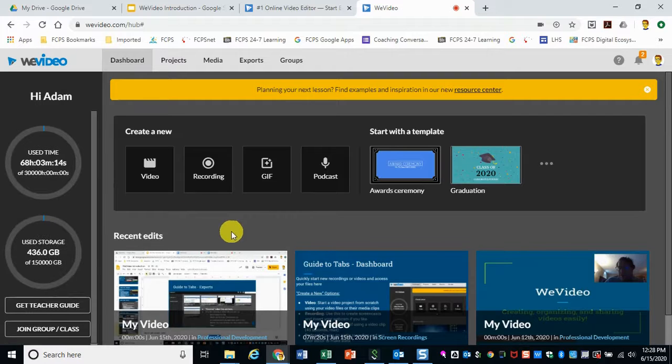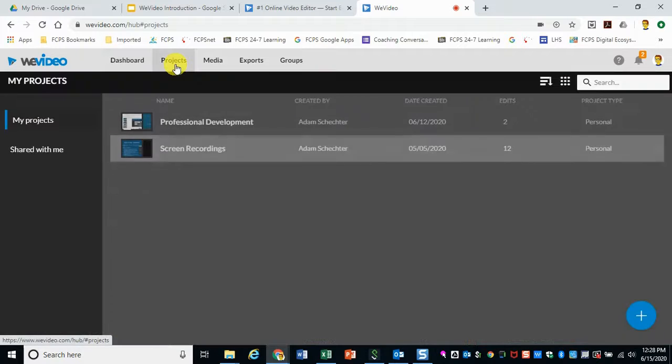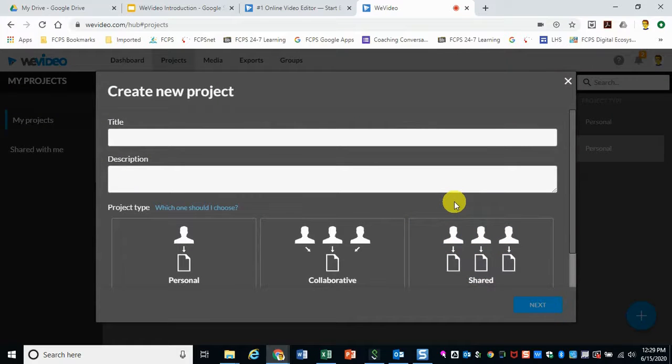So you want to make sure that you access your projects first, and you want to add a new project down here. So it says create new project. And the reason why you want to create a new project is because you want it to have a way to organize your videos. So, for example, if I was going to run around and do some PowerPoints, I would do PowerPoint videos as a project title,